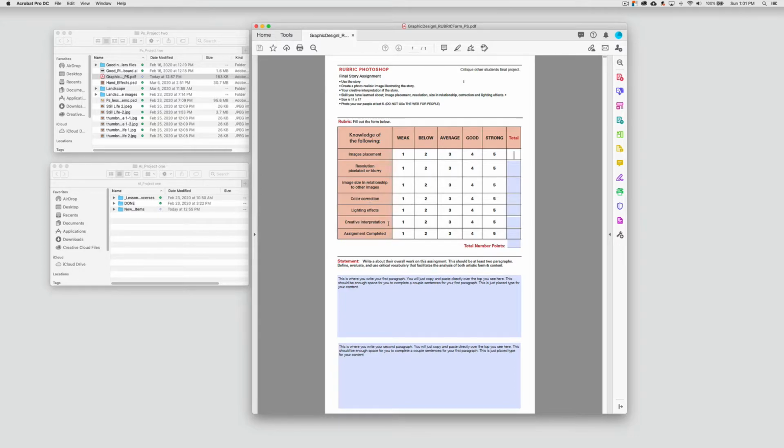and then on creative interpretations. Where did you take this? How did it become creative? And then did you complete the assignment? So does it look like it's been completed? Are there missing parts? Tally up those, add the points on the bottom,